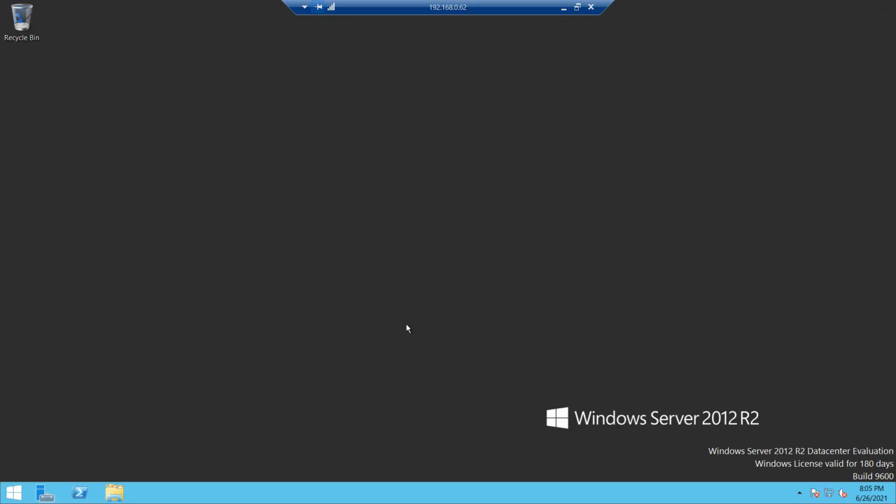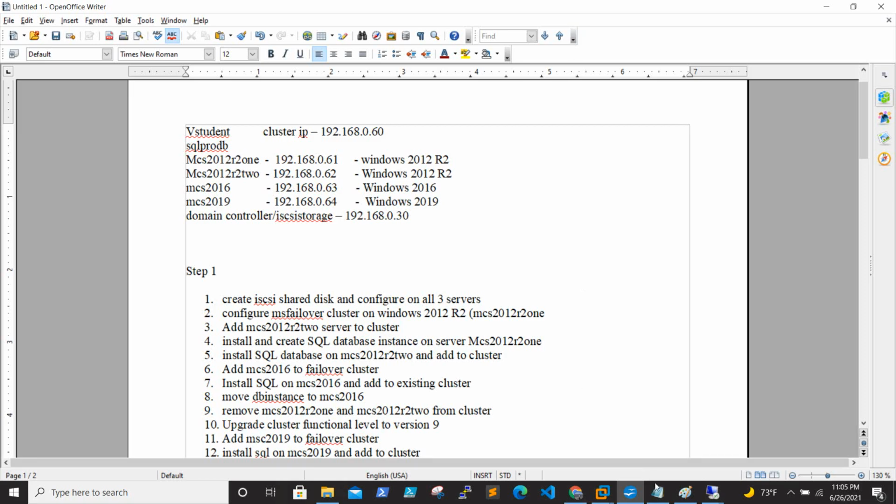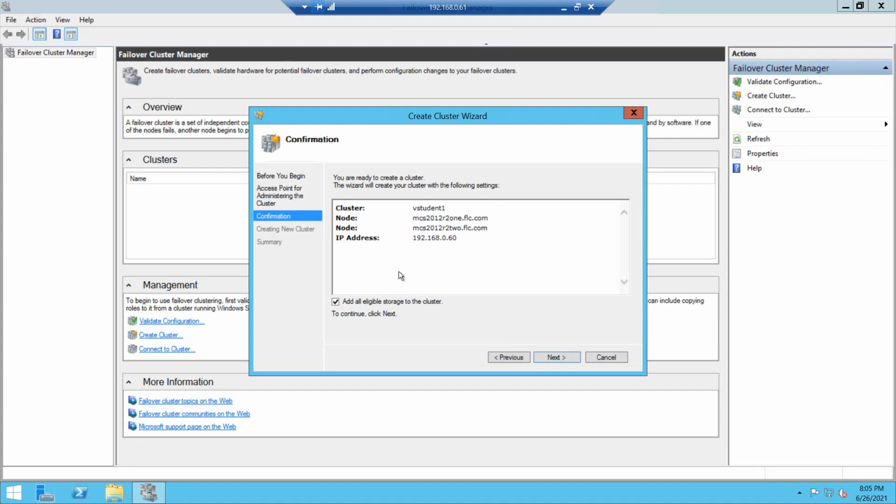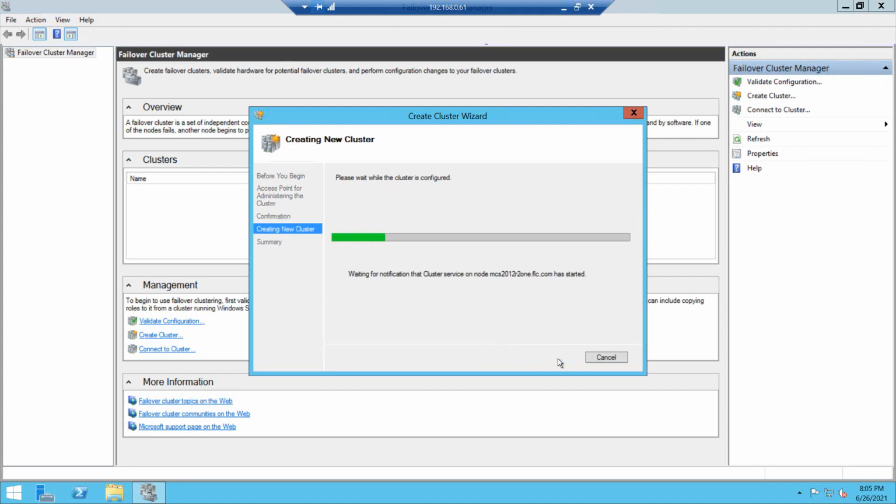Let's see, we are on, sorry, 62. Okay, 61. Click next. Now the new cluster is getting created, assigning the cluster IP and everything.